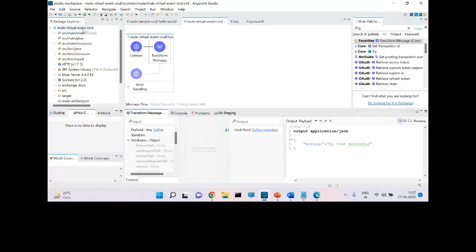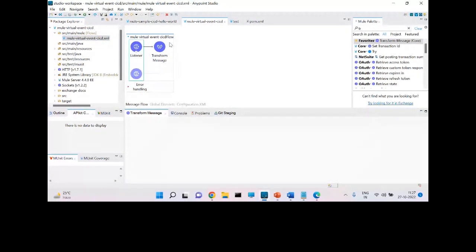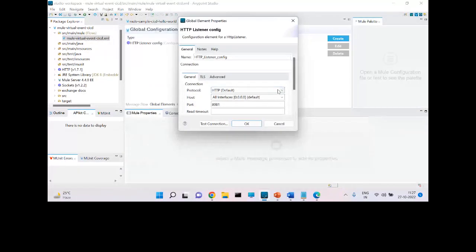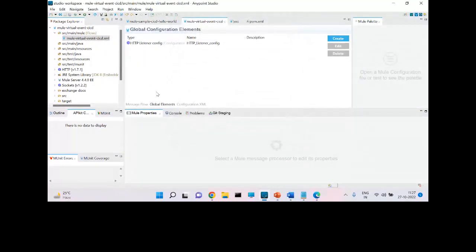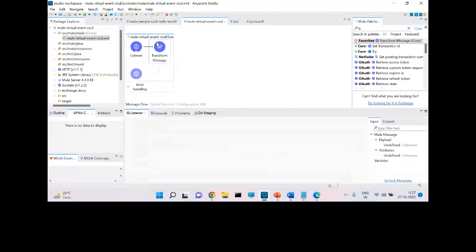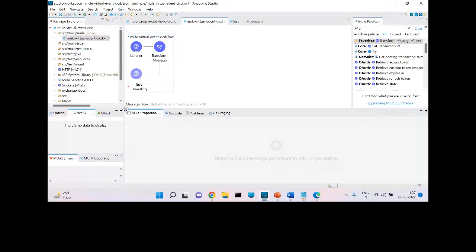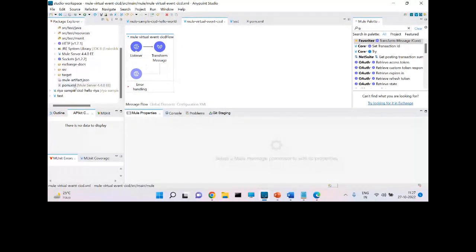I've already created this initial project, and only a listener is there. I dragged a listener with the basic config for sample code, and only added a transform message so that we can test this application and the deployment. There is nothing else I have done.